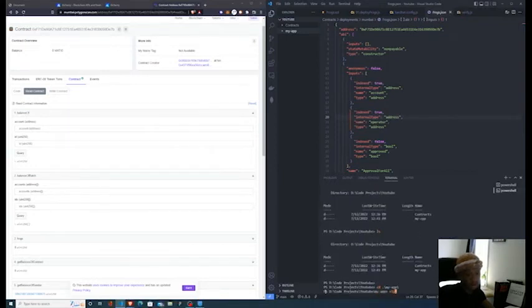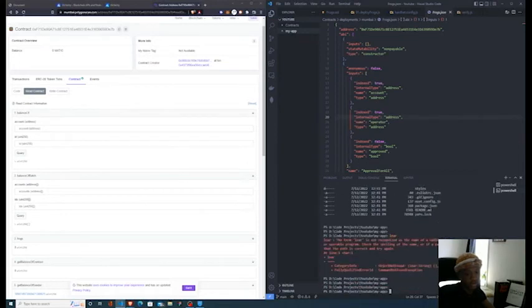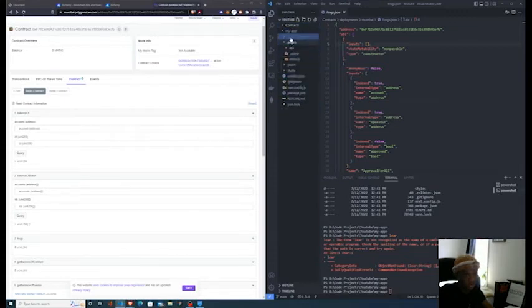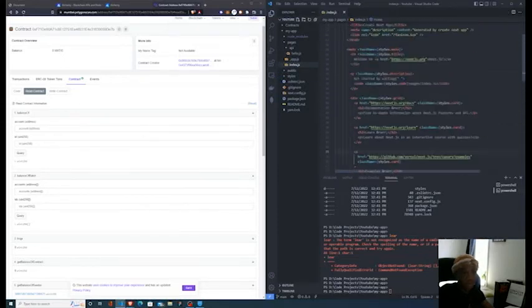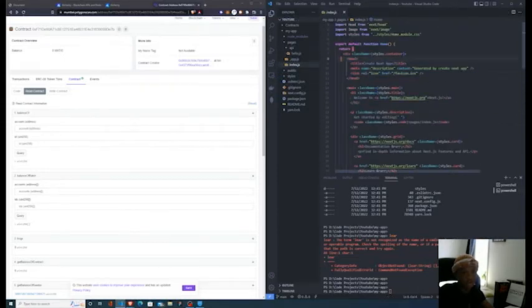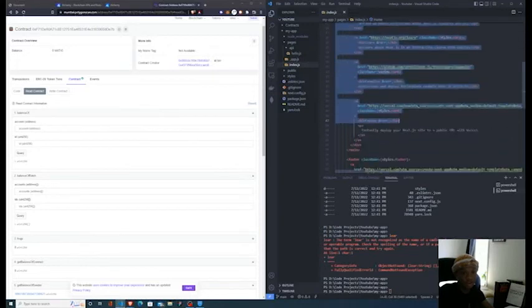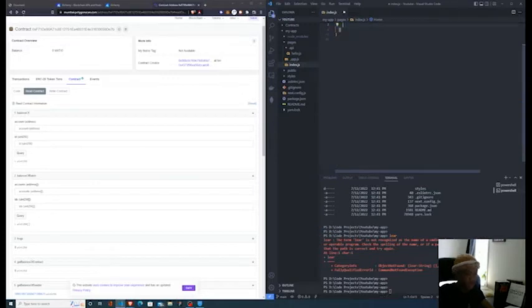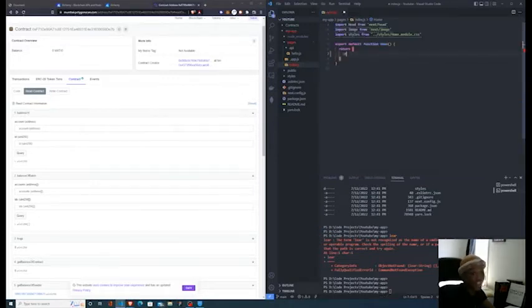ls, cd my app, clear, ls. So in your my app file directory, you should have pages, API, index.js, and we're going to be working in index.js, and we don't need none of this. I'm just going to create the functions for the particular video. I was going to get fancy with y'all, get the design in and all that good stuff, but we just care about